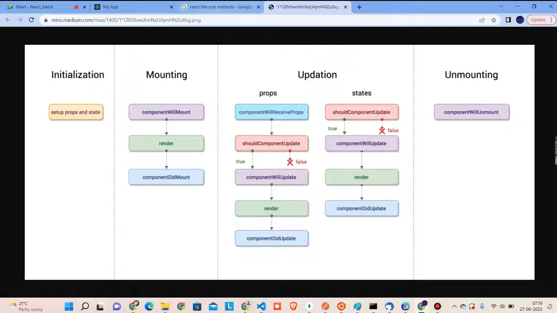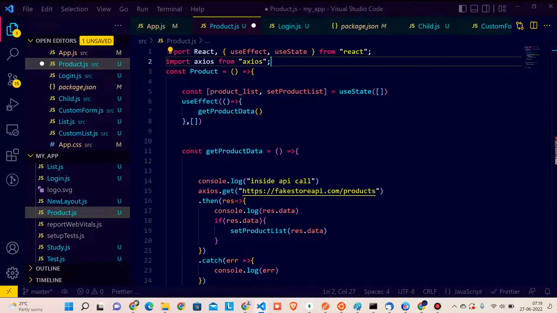Okay, now as we know, we are not using a class-based component, we are using a functional component. Here we are using hooks. Actually, in a functional component we didn't have lifecycle methods and state. So with the help of hooks we can achieve lifecycle methods and